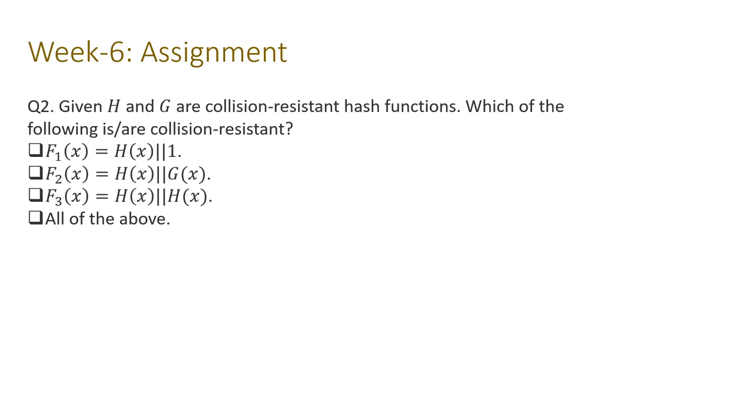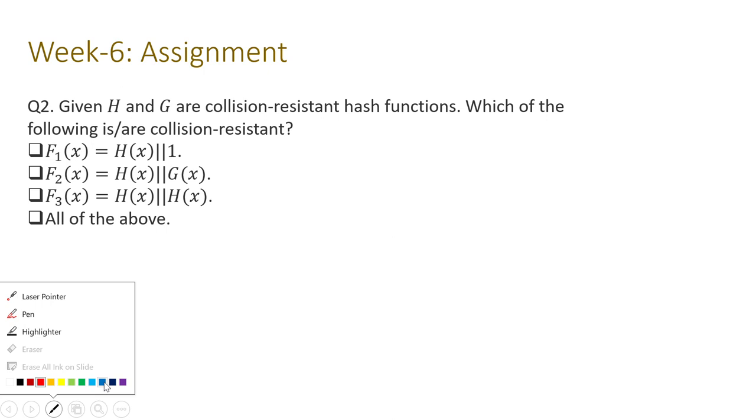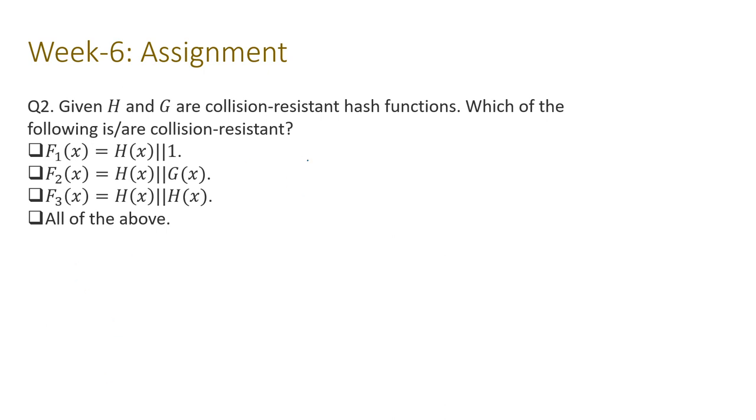But anyway, Kaushik, your answer is correct. All of them are collision resistant hash functions. Maybe I should get a quick explanation. Let's say f1(x) is not collision resistant. Okay, then what happens? Assume f1 is not CR.